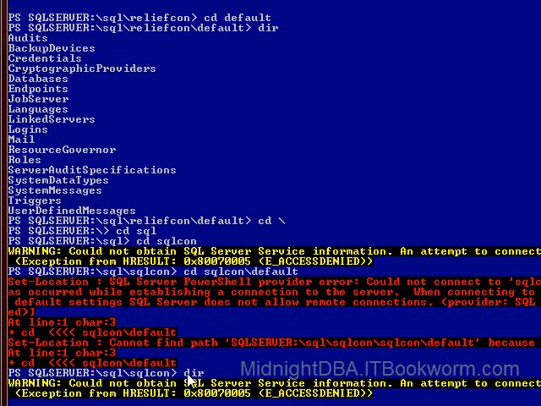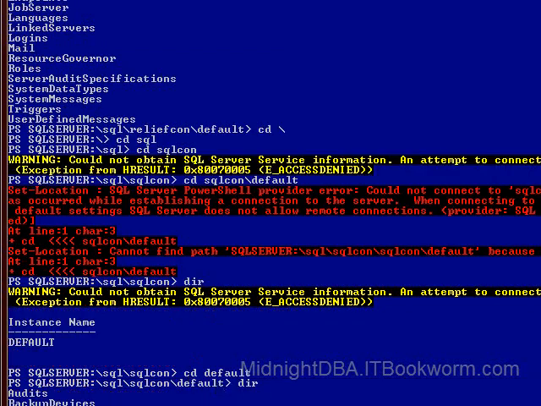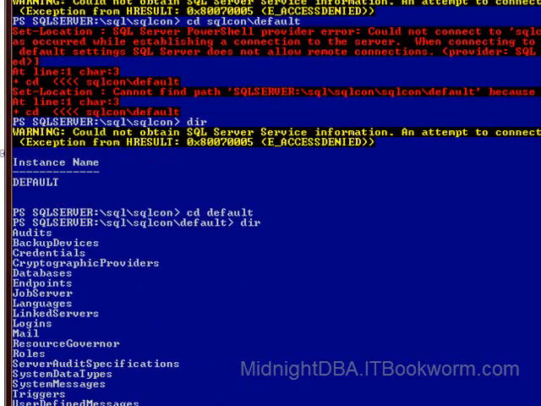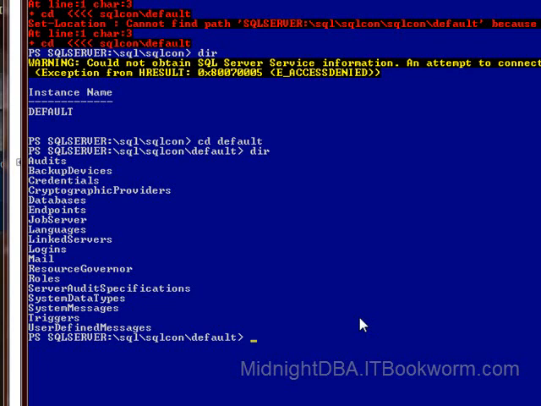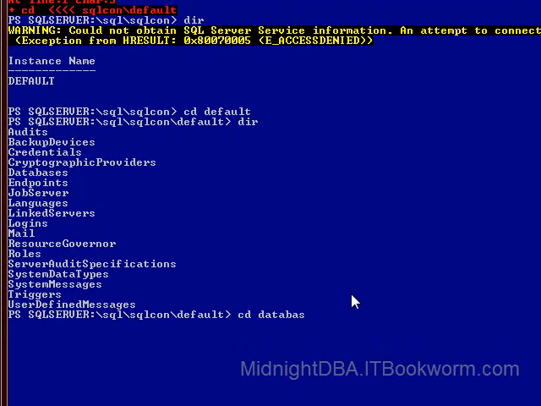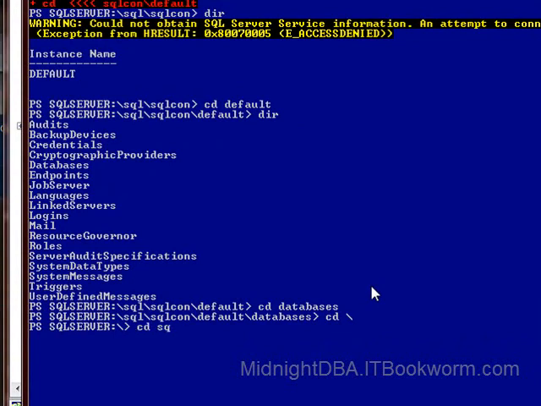So if I do this, I should come up with default. There it is. Should be able to connect to default. And I got that. And then I can connect to databases. And you don't have to take these one step at a time either, right? I mean, I'm doing this just to show you. But here, let me show you. If I'm already here, I can say cd, cd SQL slash,